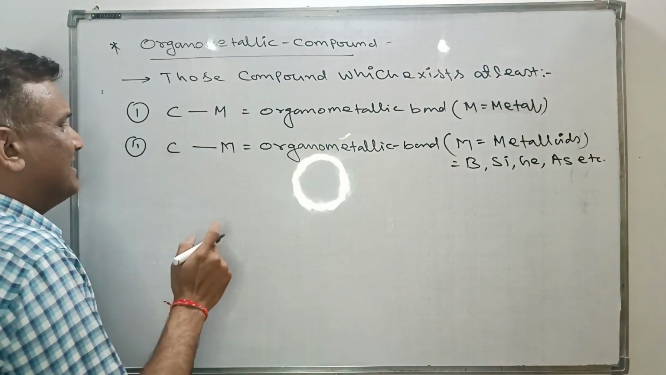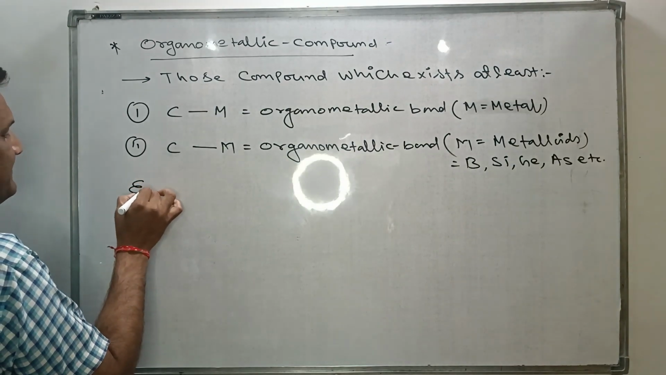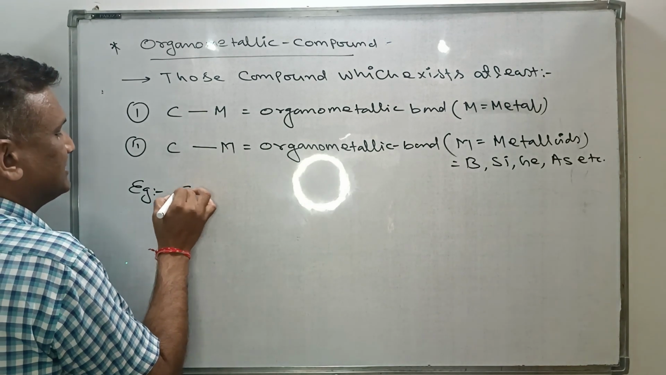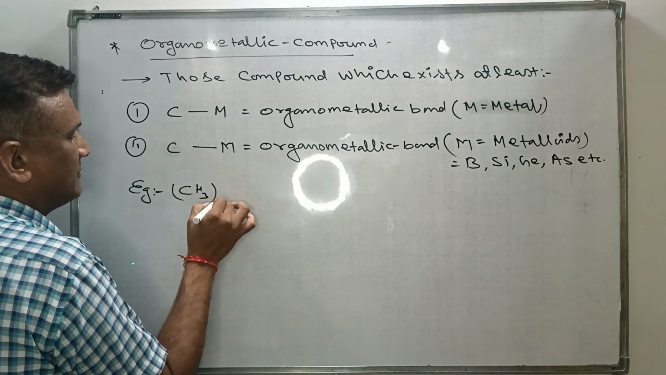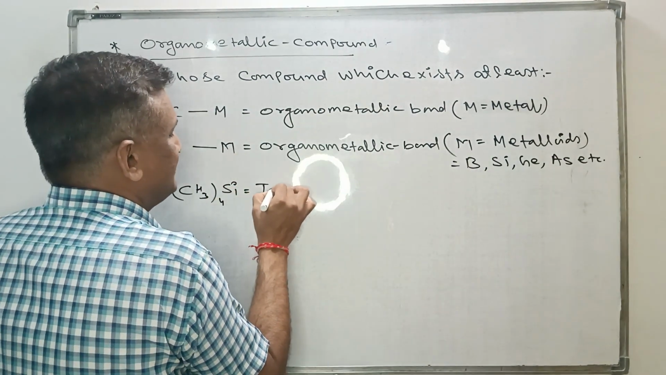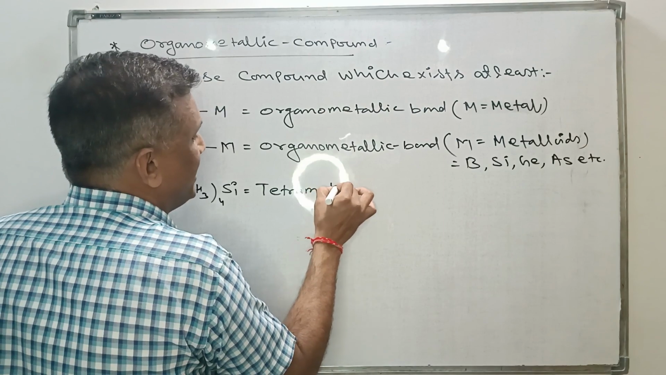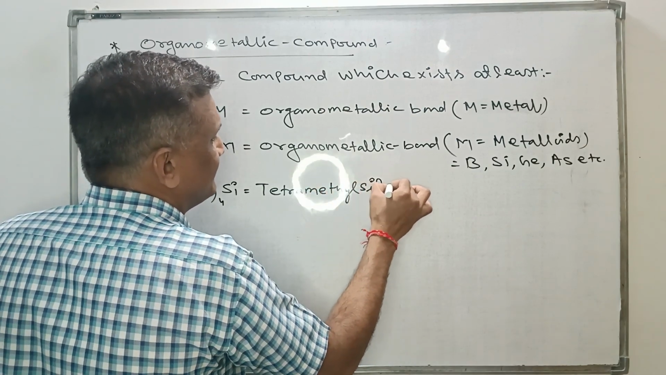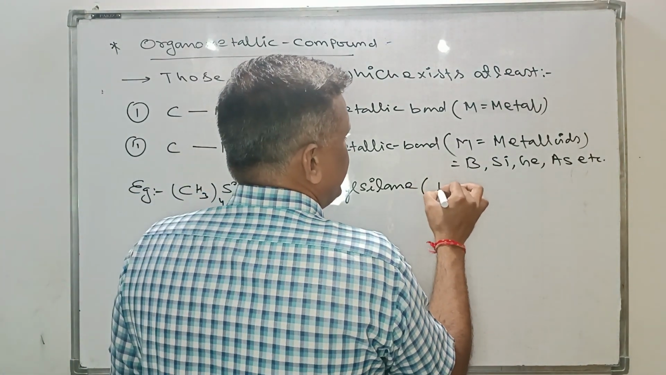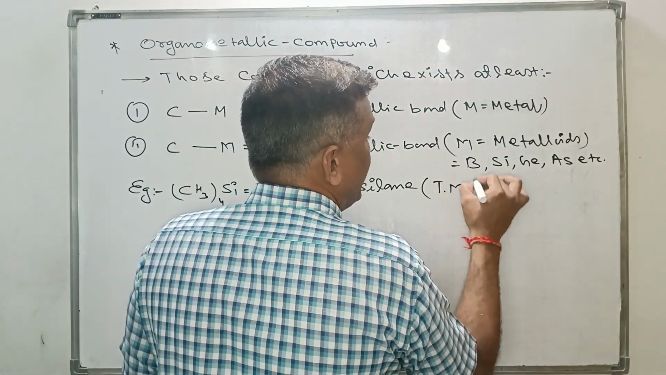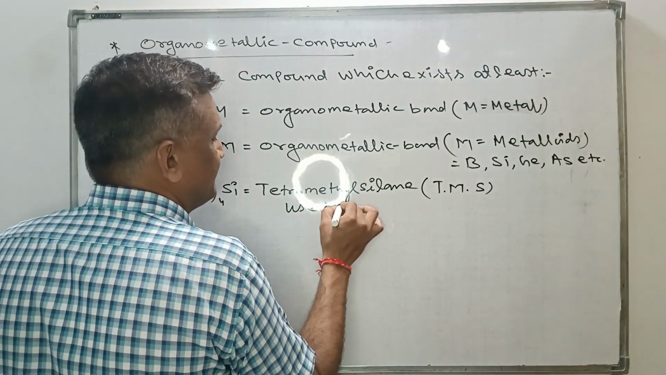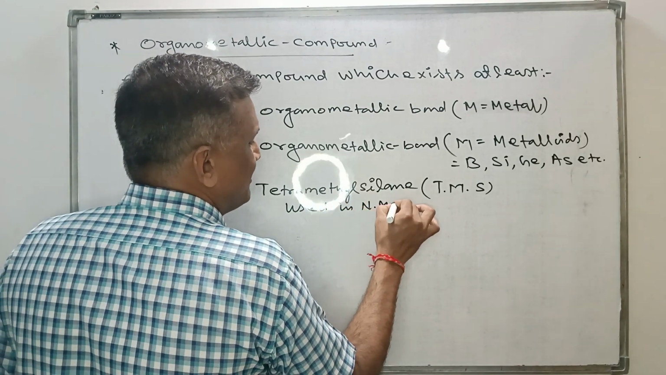If we'll go with the example, then we can take a lot of examples regarding organometallic compounds. First of all, we'll go with the (CH3)4Si. It's a very important compound. It is called as tetramethylsilane. In short, it is called as TMS. It is used in NMR, nuclear magnetic resonance